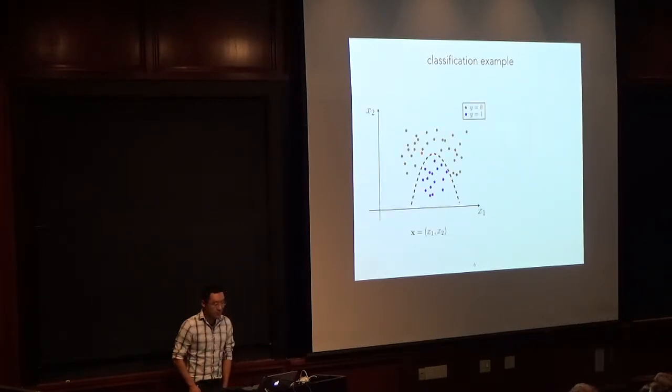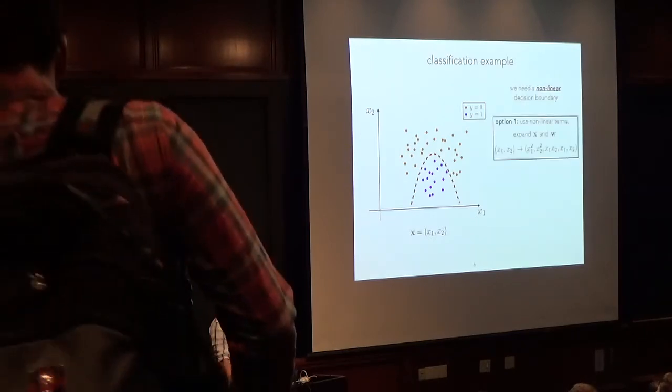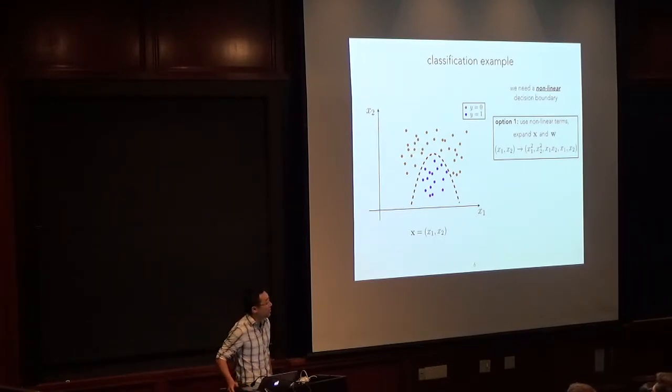So if we want to do something nonlinear, we saw decision trees and things that build on top of decision trees for the last 2 lectures. But in general, if we want to learn a nonlinear decision function, how do we do that? Option 1 is to use a nonlinear term. This is something that was actually very common until deep learning became usable. And the idea is that we simply